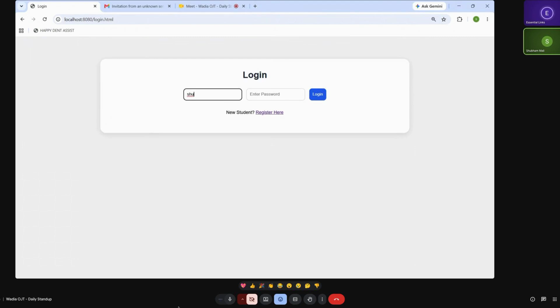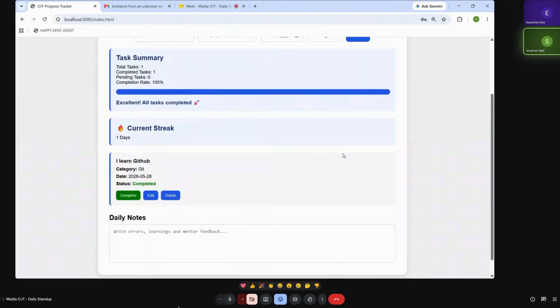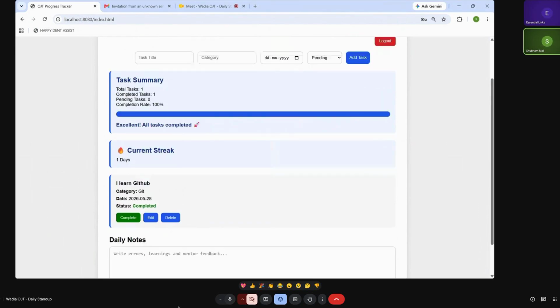Shubham, don't walk me through the login and registration part. Just explain the streak part to me. Sir, the logic of streak. How are you calculating streaks? Sir, all completed tasks are collected from the database and duplicate dates are removed, and if these dates are present, then the streak will be increased, otherwise the streak will be decreased. Okay. It means loss, decrease. Okay.